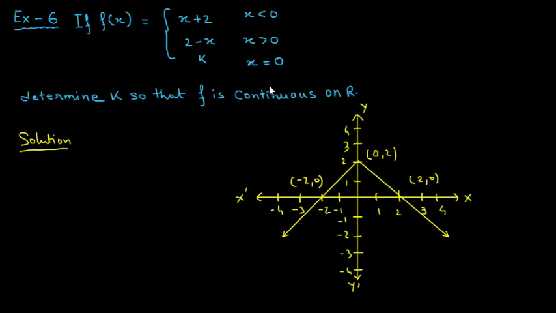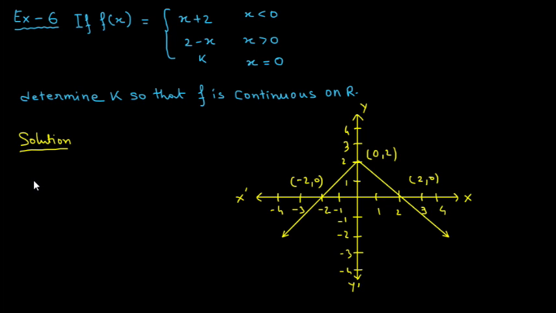So, for this we have drawn a graph here, and looking at the graph, since f(x) is equal to 2 minus x for x greater than 0 and f(x) is equal to x plus 2 for x less than 0, the linear polynomials, f is continuous for all x element of R. Element of R means real number. So we can write here